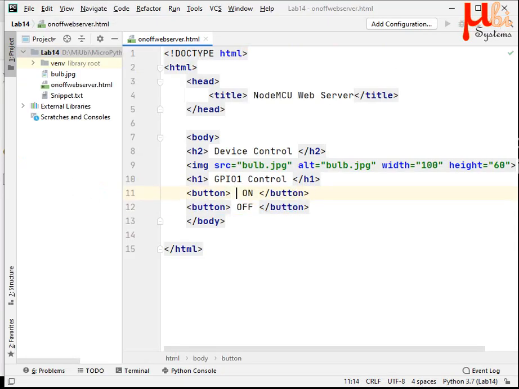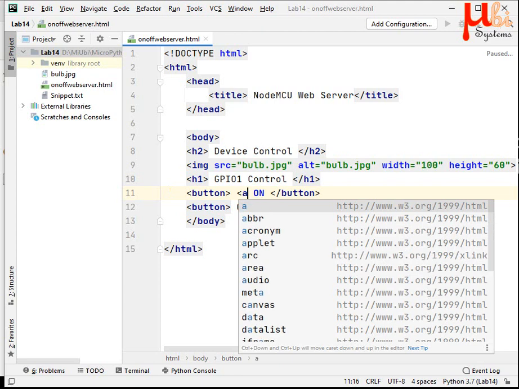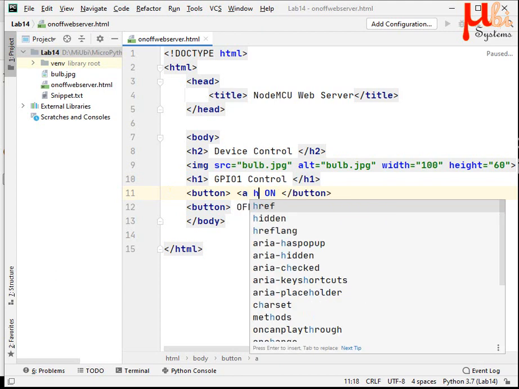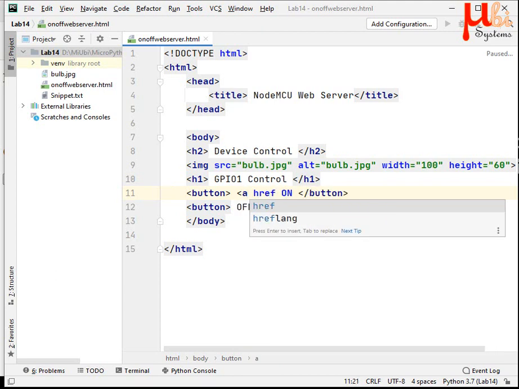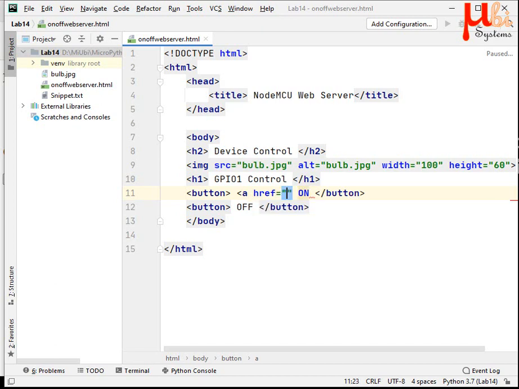Anchor with hyperlink being something like, I wish to say like GPIO1 equal to on. This is the on text.